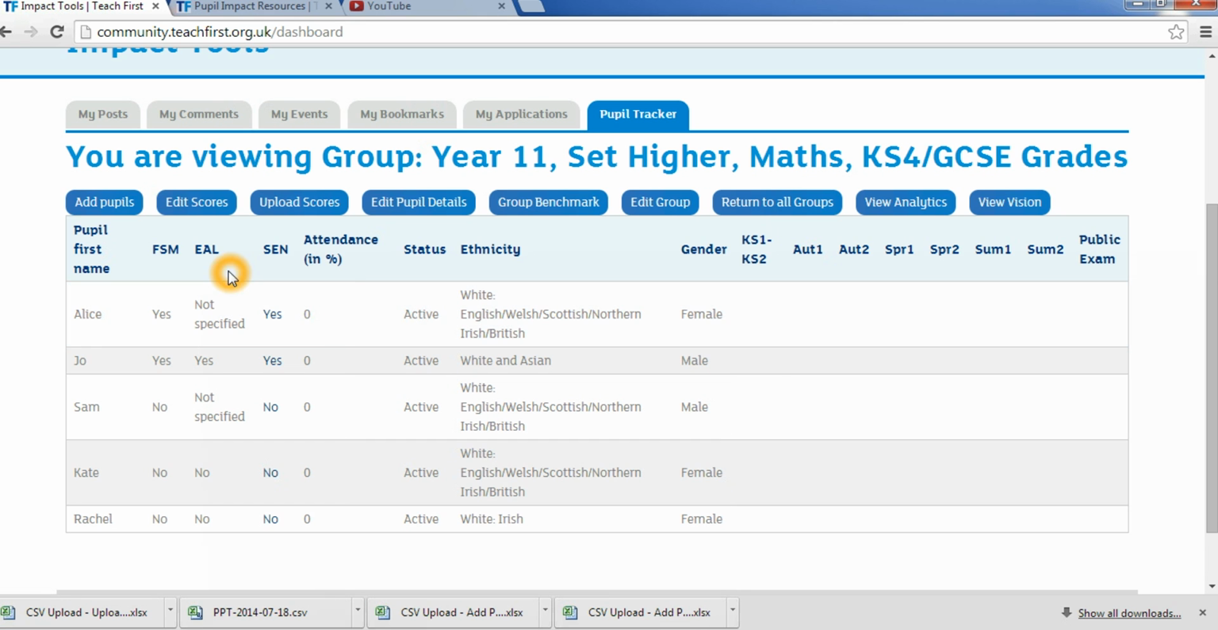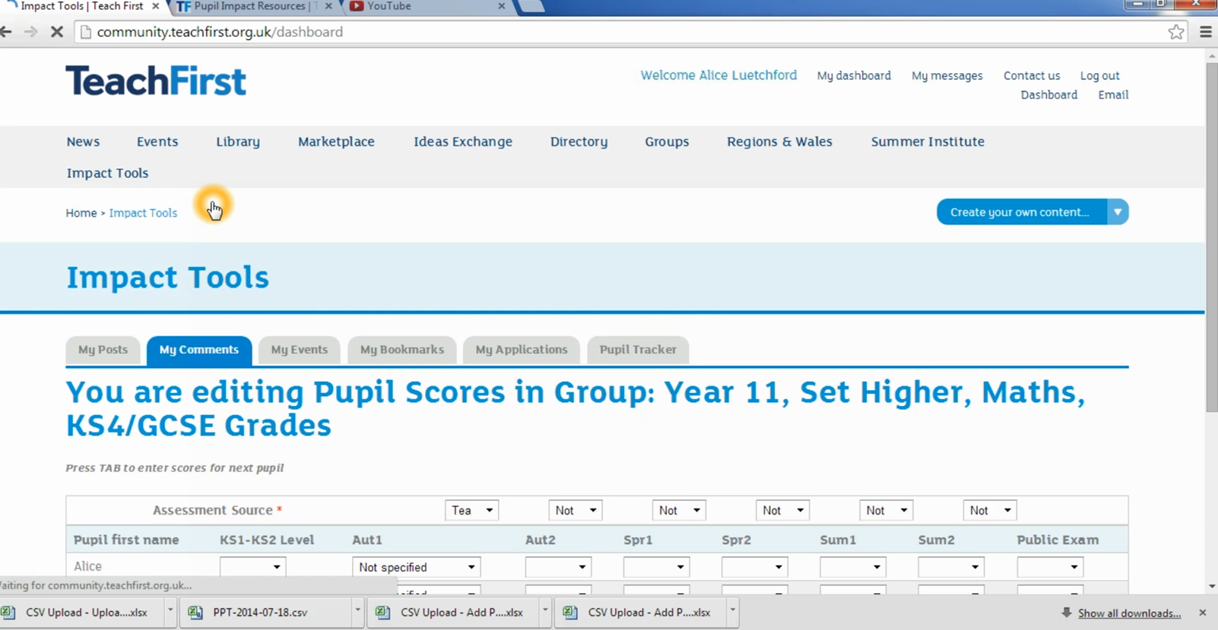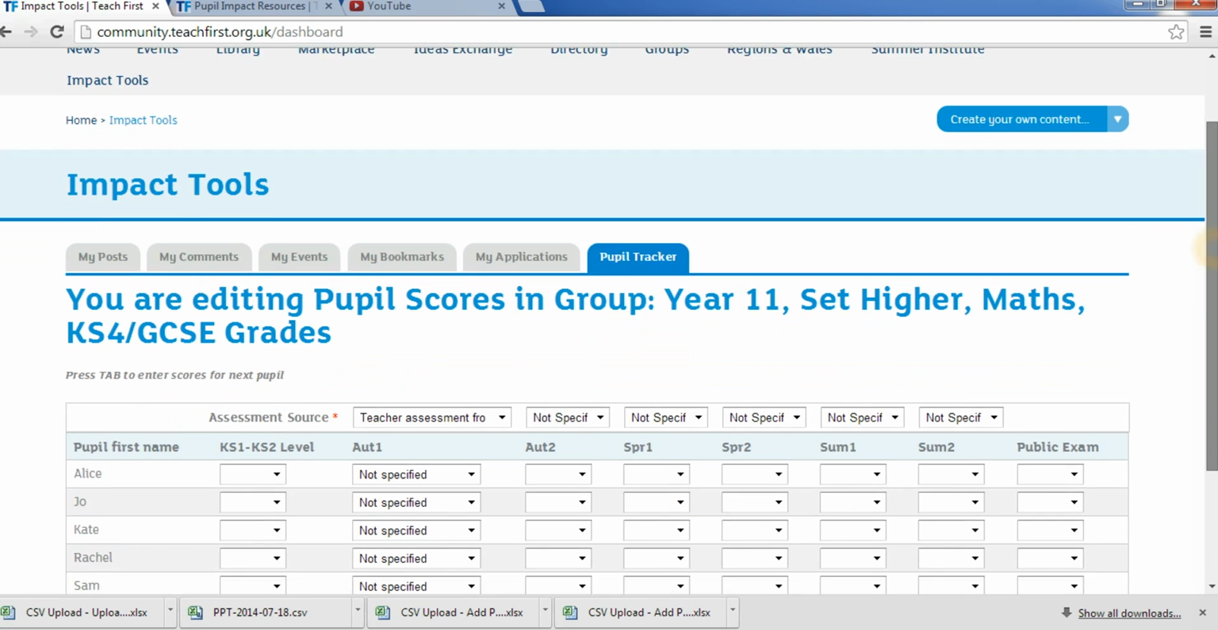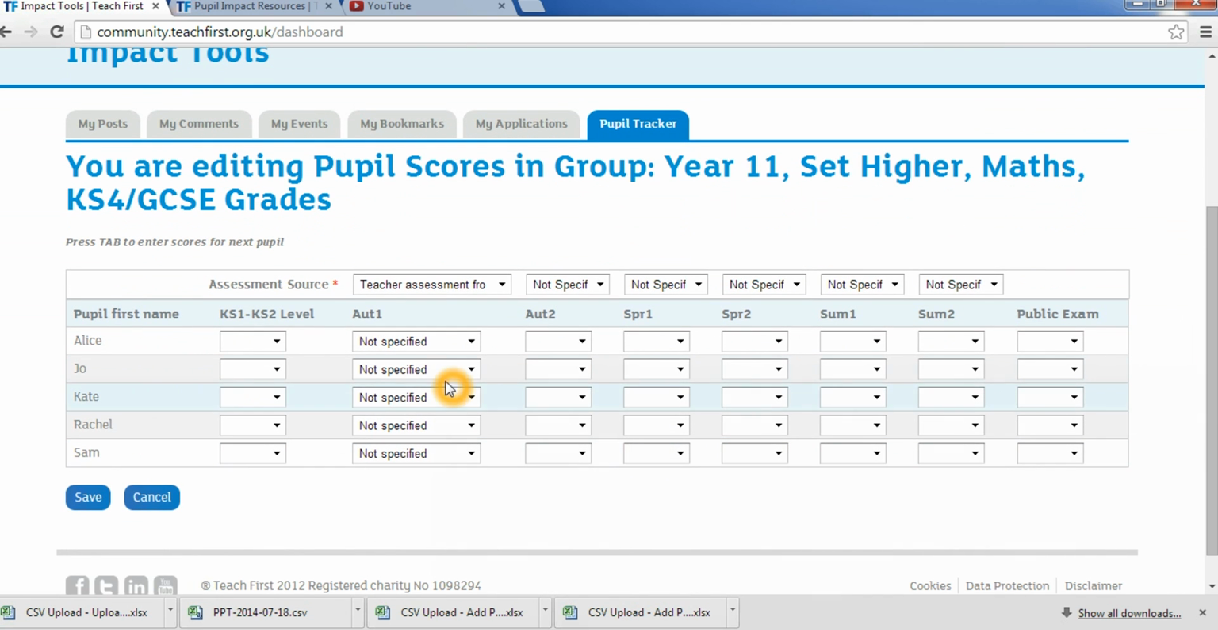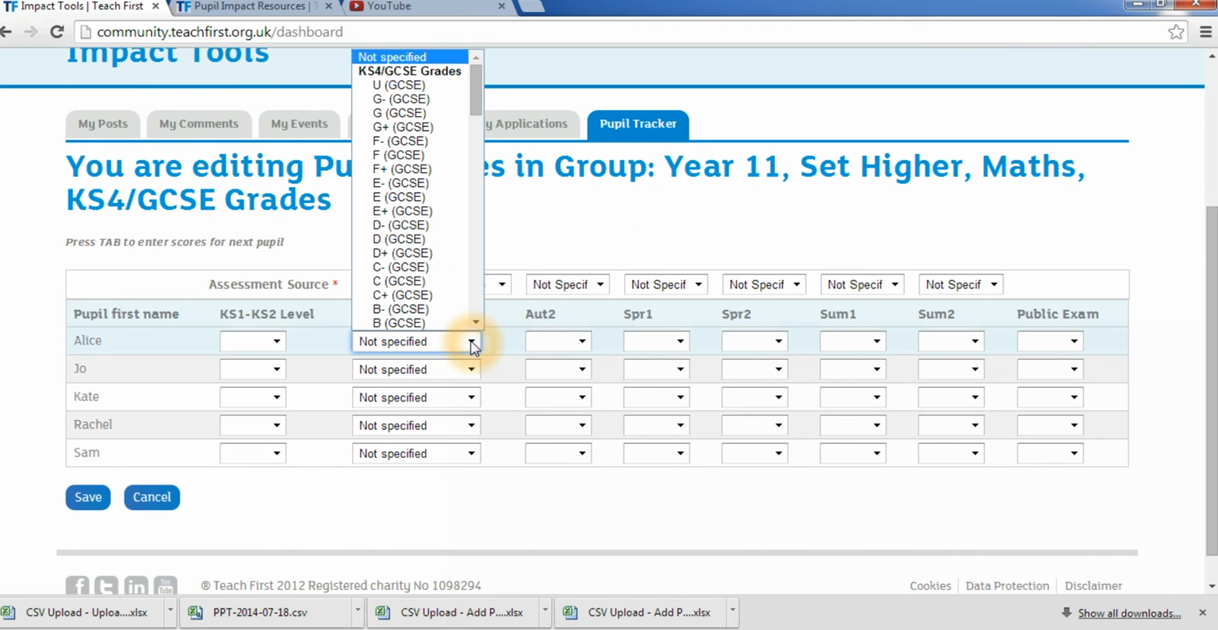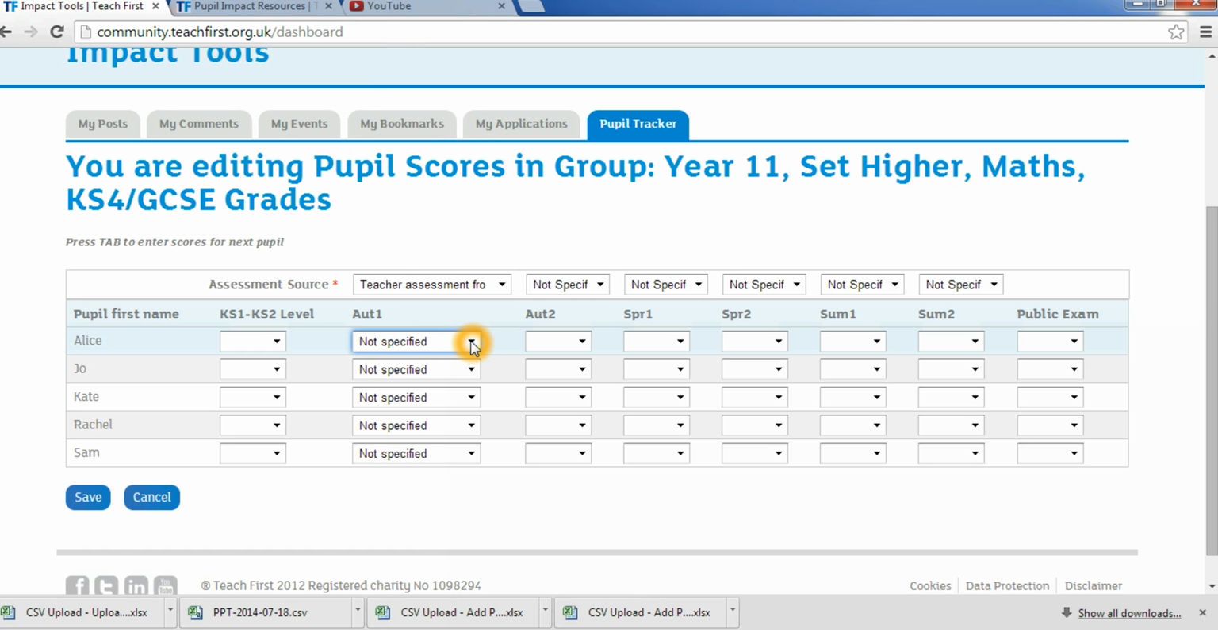But to edit scores using the Edit Scores tab, I'm going to click here and then move the screen down a bit. And then what I can do is use the drop-down list here to specify the grades for my pupils. Now for Aut 1, the baseline, the first half term in the autumn term, the Pupil Progress Tracker will accept grades from Key Stage 4 for this Year 11 class, but also for Year 10,